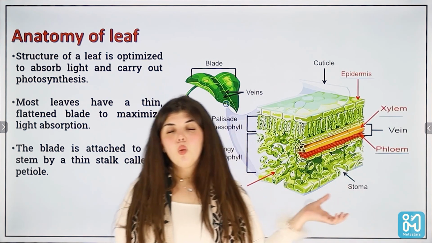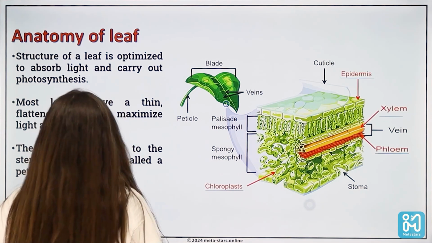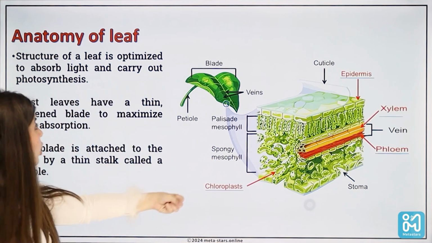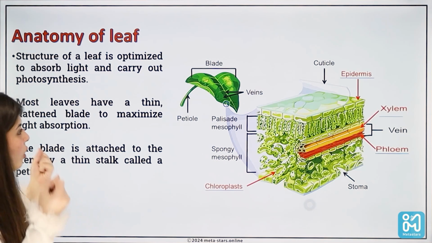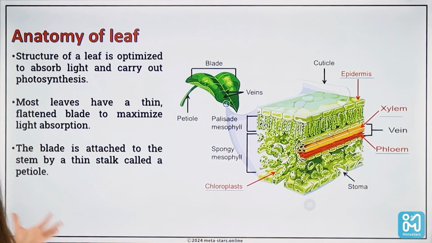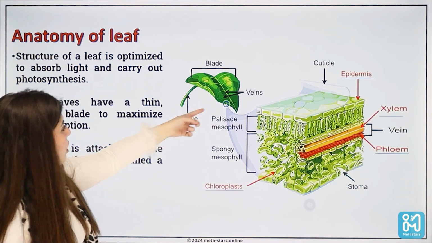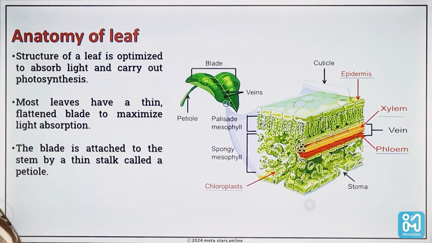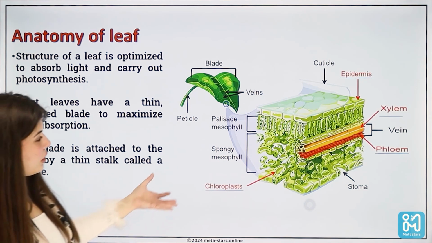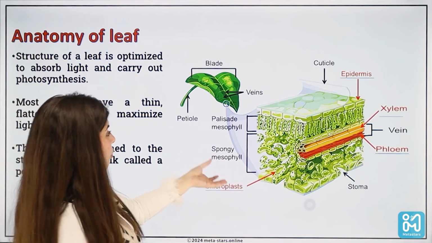Okay, and I want you to know that the structure of the leaf is optimized to absorb a larger amount of light, okay, and carry out photosynthesis. So most leaves have a thin flattened blade to maximize light absorption, okay? So this is what a cross-section of leaves